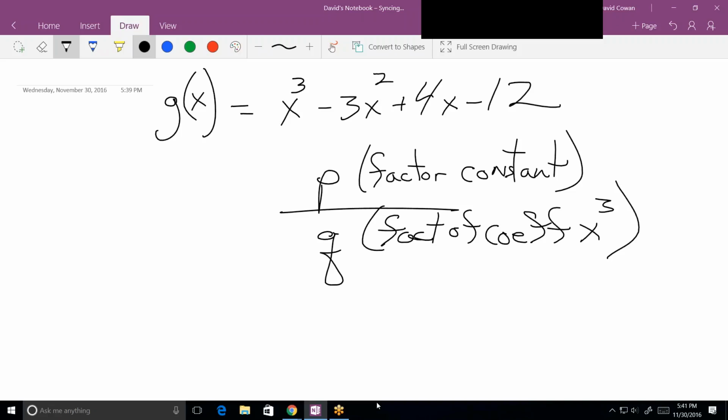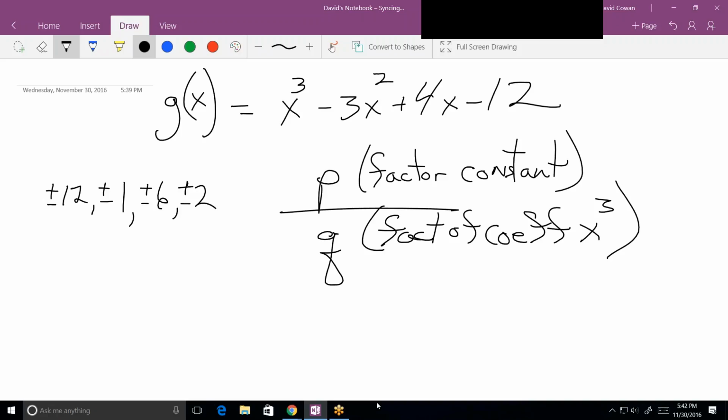Well, this would be particularly hard because factors of 12, let's list them. Plus or minus 12, plus or minus 1. And these always have plus or minuses in front of them. I also have plus or minus 6, plus or minus